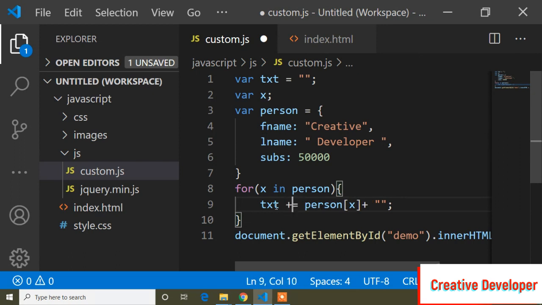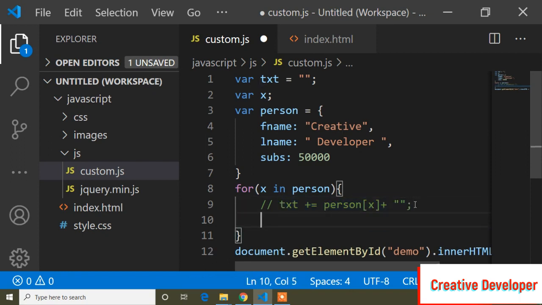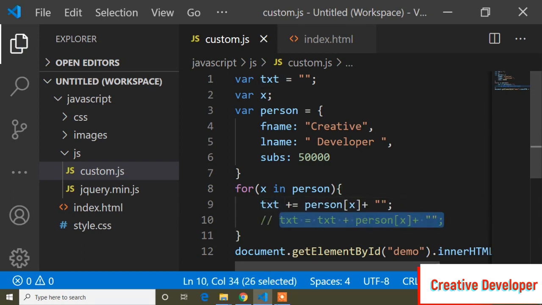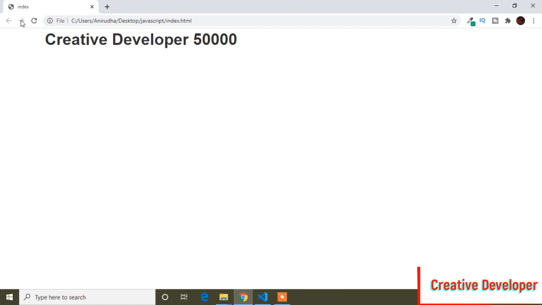That means this is the same, I will comment it out. If I write text equals to text plus, both are the same, so I can write one, so I will comment that out, and it will return the same output. So you can see it's showing the same output.